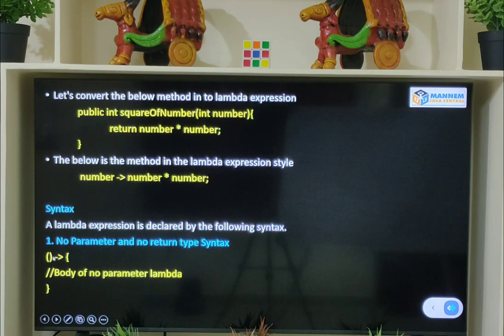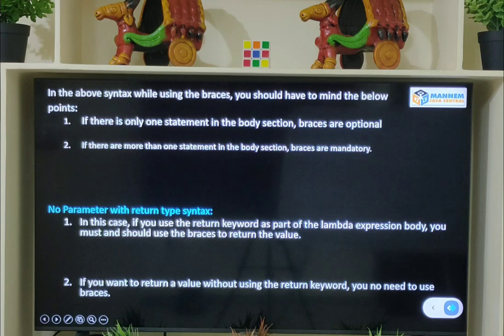This is a lambda expression, and it does not have any parameter, which is shown by the empty braces, and this code snippet has a body which is surrounded with curly braces. In the above syntax, while using the braces, you should keep the below points in mind. If there is only one statement in the body section, braces are optional.